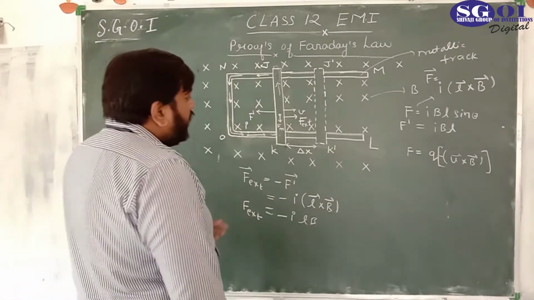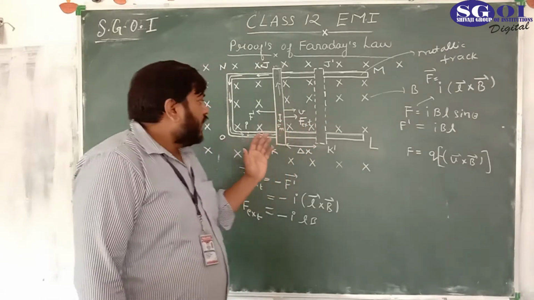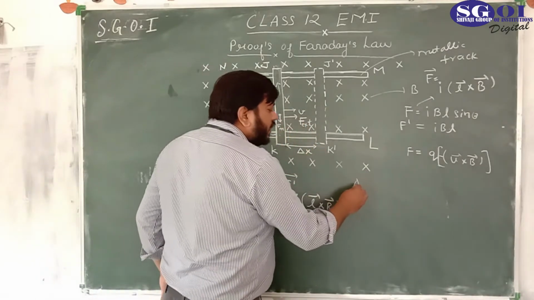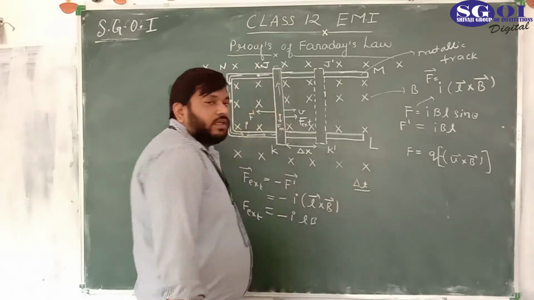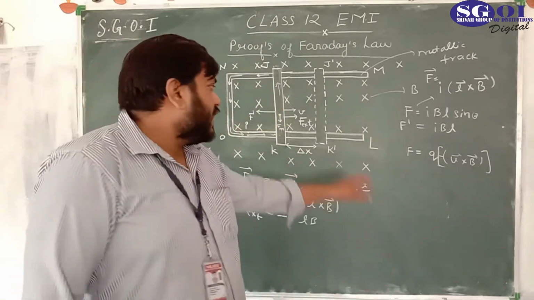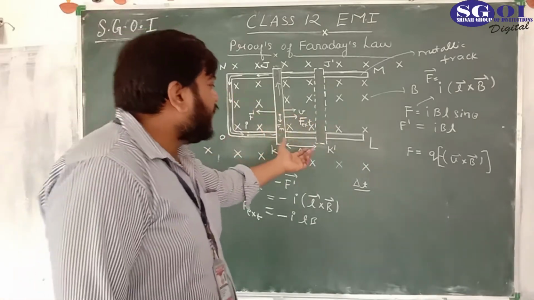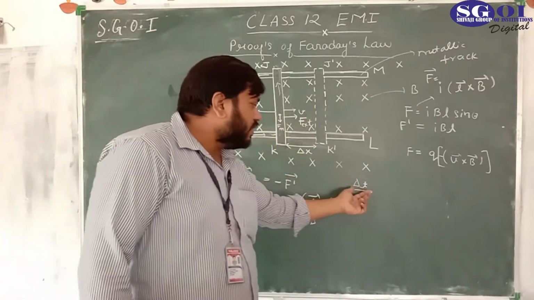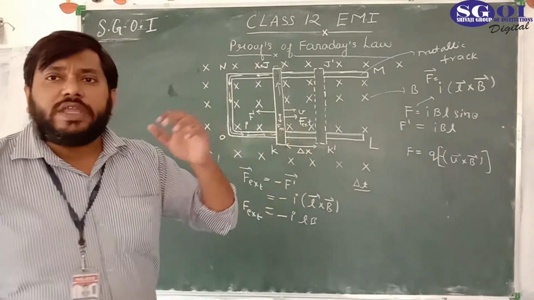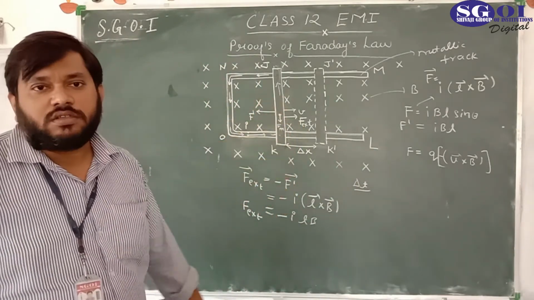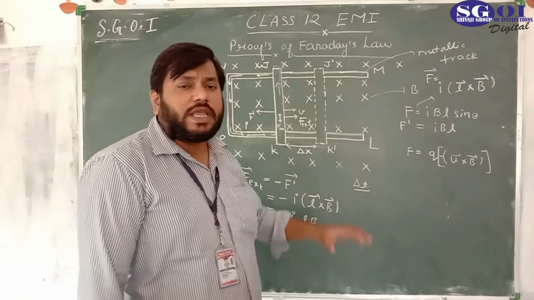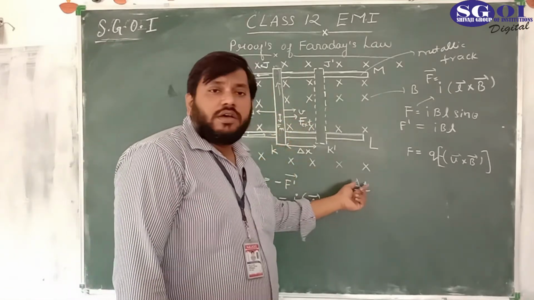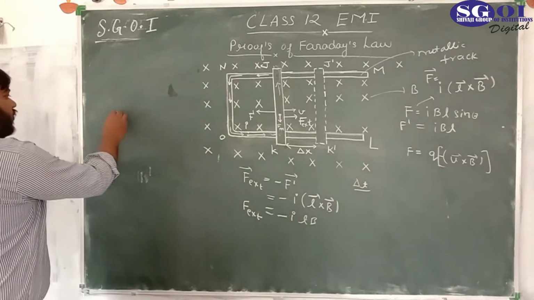Now, let's say the force is acting up to a distance delta x for a small interval of time delta t. This external force, which we have to apply externally to maintain the constant velocity v over the time interval delta t, means we have to do external work. We have to do positive work because we have to apply a force. So what is the work?